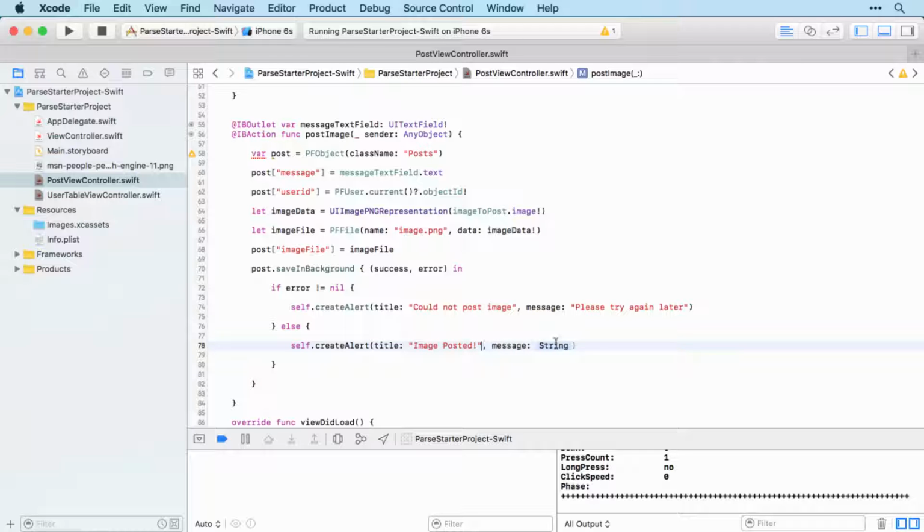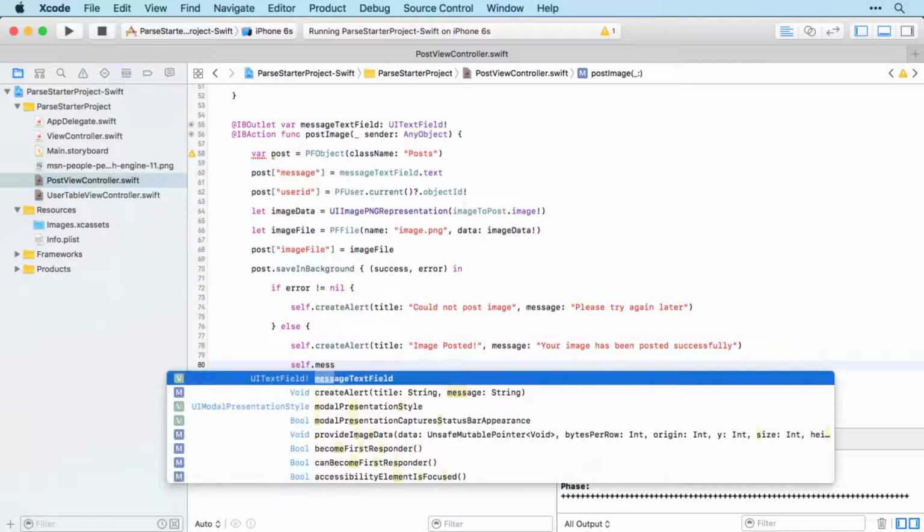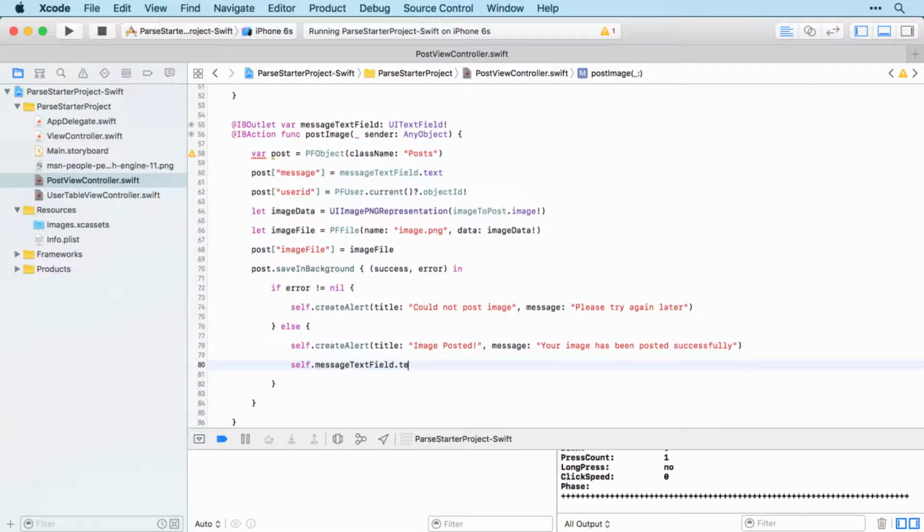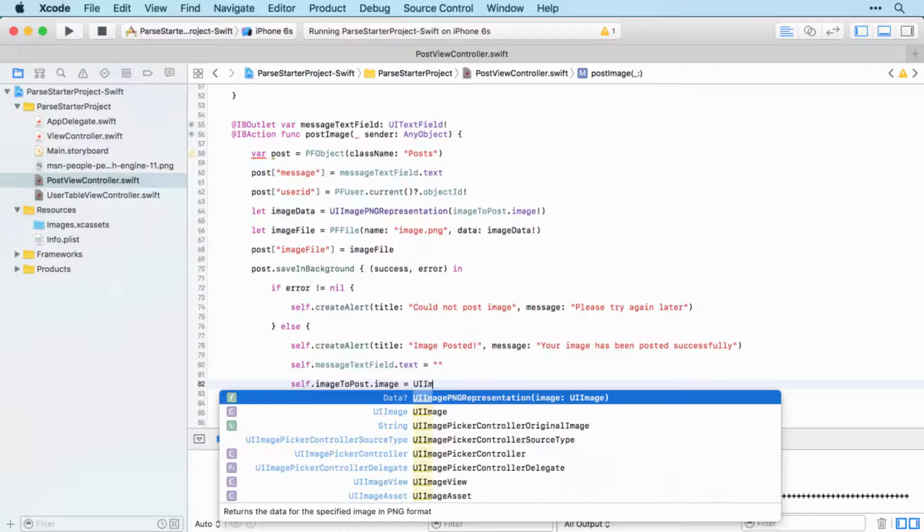So something like "image posted," and then there's not really anything else to say. So I'll just say "your image has been posted successfully." There we go. And then we want to reset everything back to how it was before. So we'll set the message text field text back to empty, and we'll set the image to post image back to the original one. So UI image